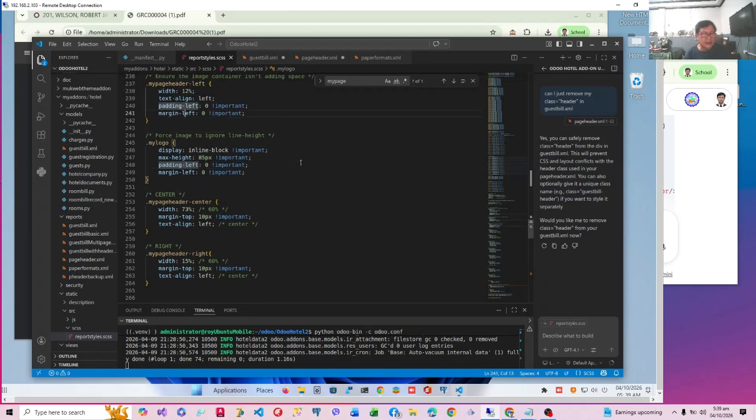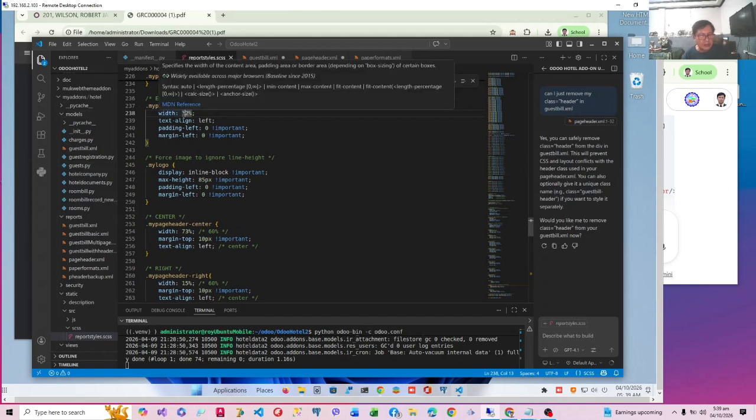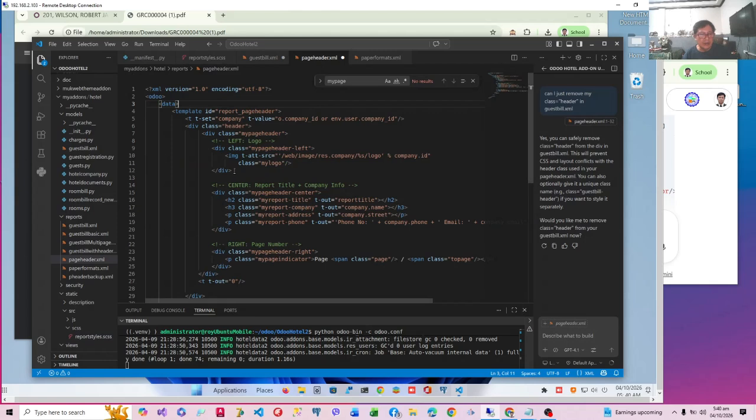Here it is, the page header left. It occupies 12% because it only contains the logo. They are all left aligned. So we have a small page header to the left, a large page header center, and a small page header right, which will display our page number. I hope you follow.